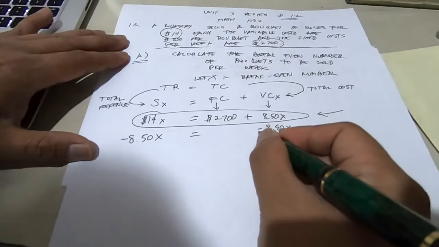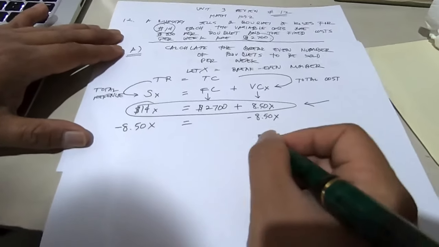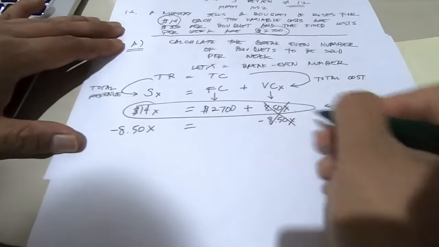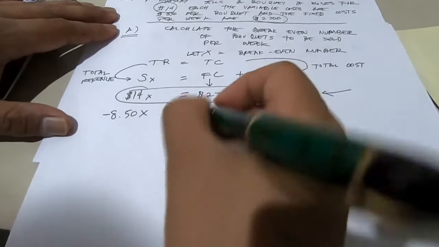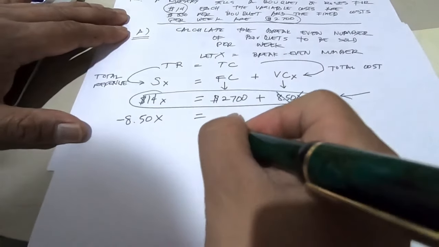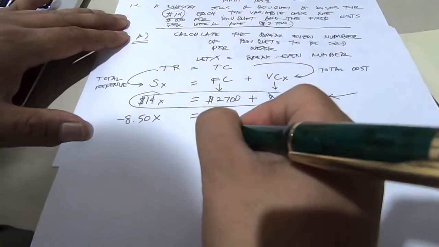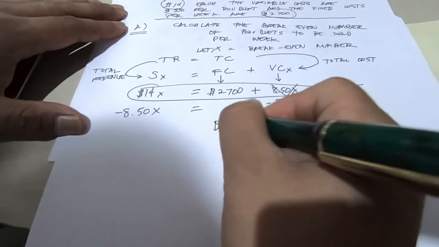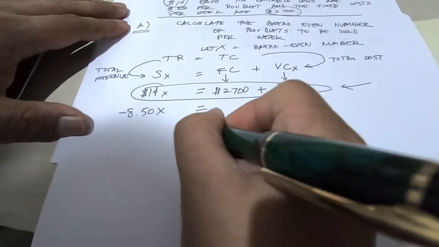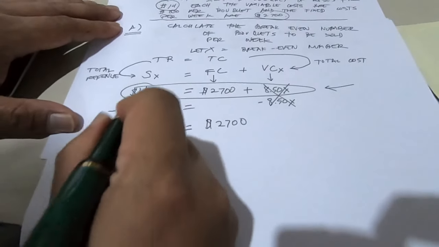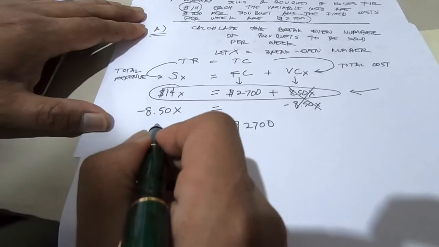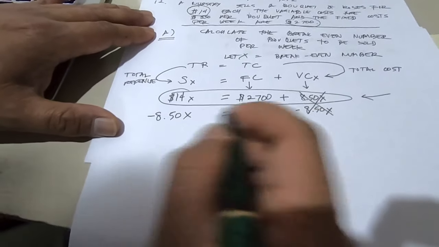So if we subtract 8.50X from both sides of the equation, this cancels out. This one goes down, so it'll be 2,700 equals, and 14X minus 8.50X would equal